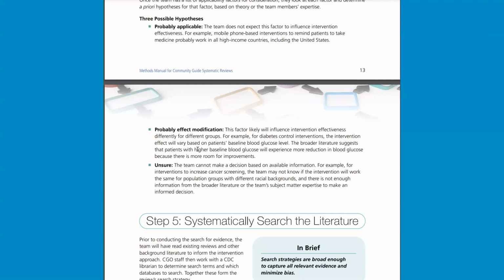Similarly, with diabetes control interventions, the intervention effect will vary based on patients' baseline blood glucose levels. So simply based on that, this will provide differential intervention effectiveness. And then, of course, there's the unsure, where, for example, an intervention to increase cancer screening